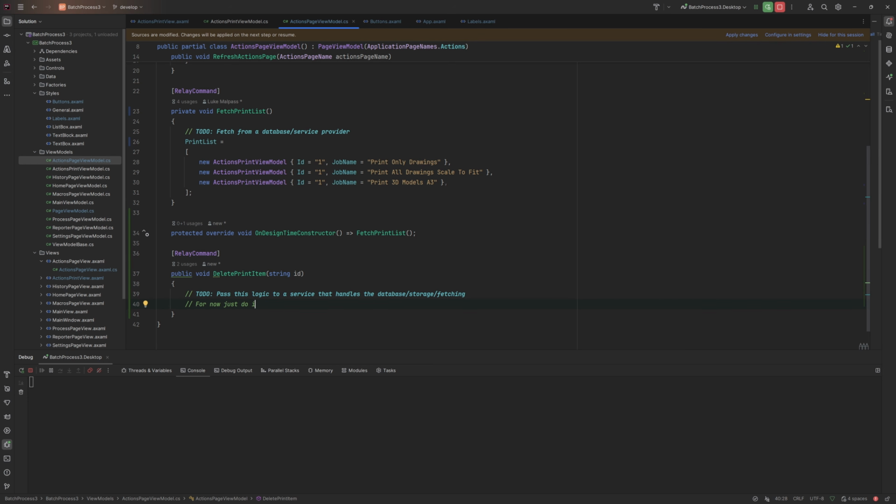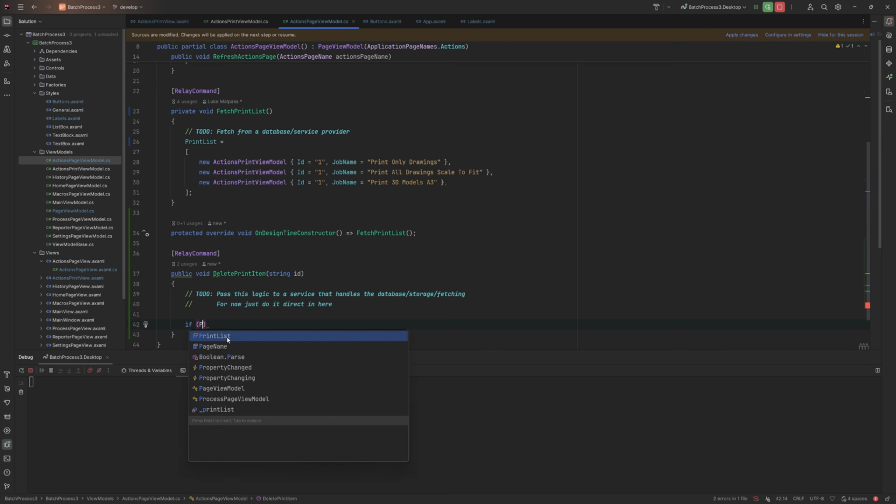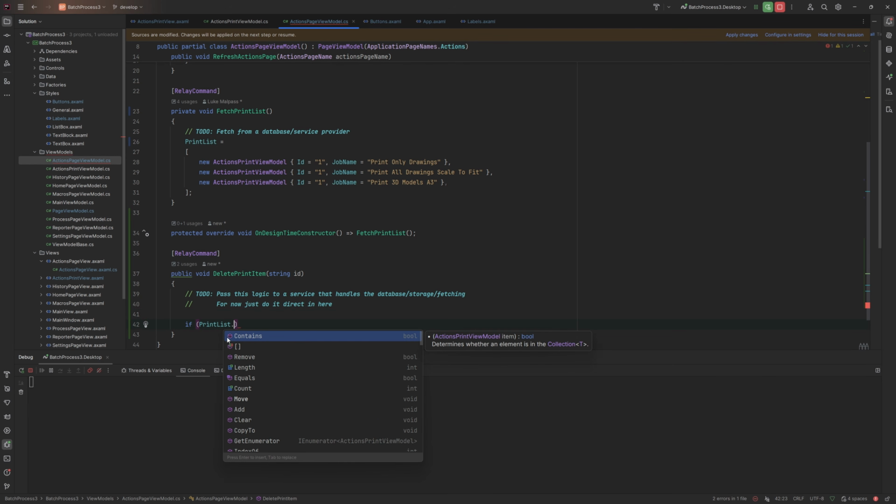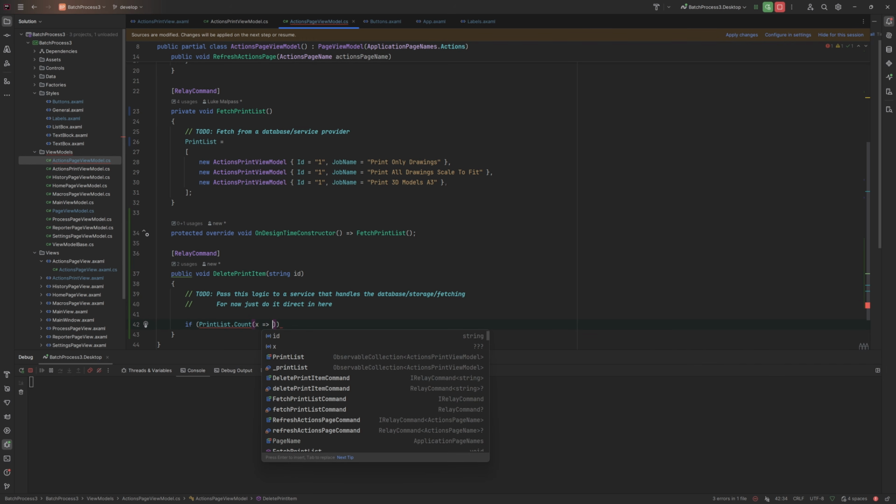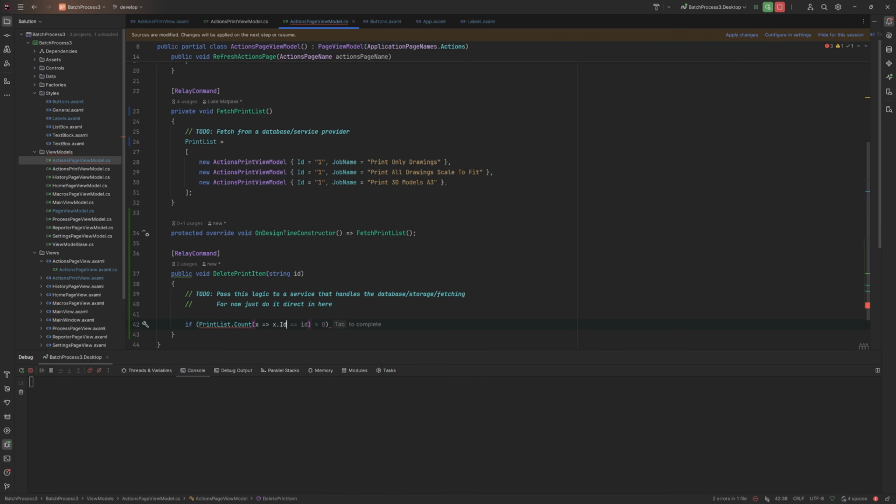For now, just do it direct in here. So this is letting us know that we need to change this code, but we haven't done the Entity Framework stuff yet, so that can stay there. And all we'll do is say if the print list dot count, and we need to select them based on the ID. So if the item ID isn't equal to 1, say, in our case,